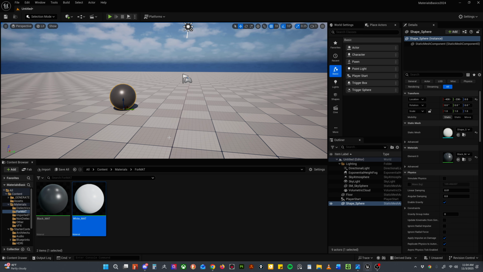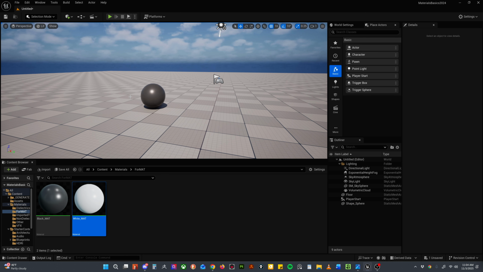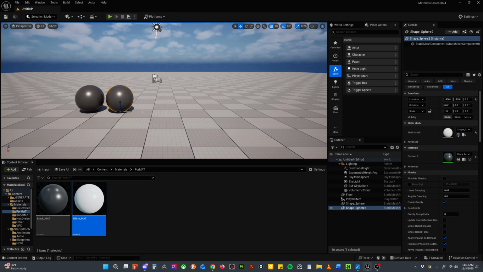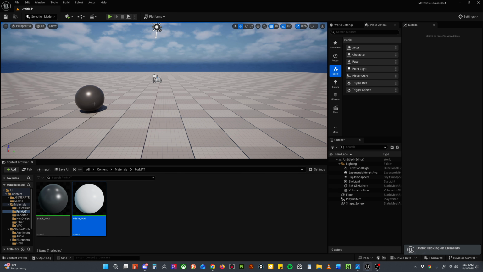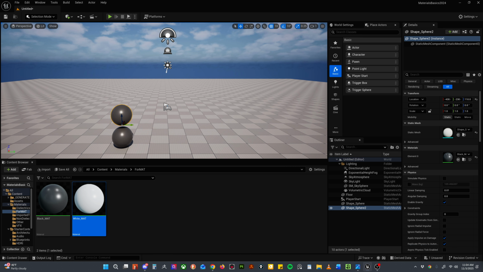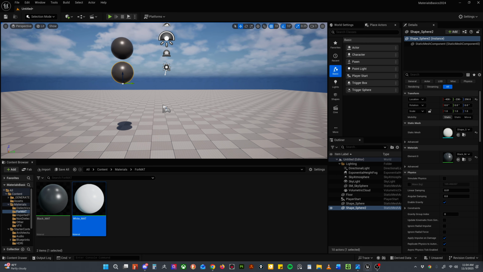Vanta Black, that's cool. I'm going to duplicate this with Control D, or I could have held down the Alt key and made a clone of that. What I normally do in this case is stack these. The black one should be at the top though, if I'm not mistaken. Let's set this one about right here, and then we'll drag and drop that right on. See what's happening? We'll duplicate this one